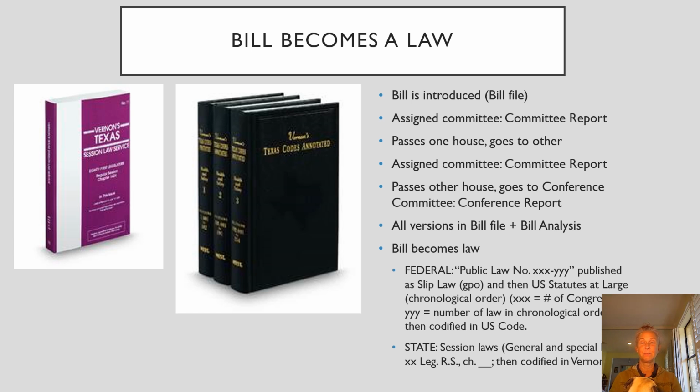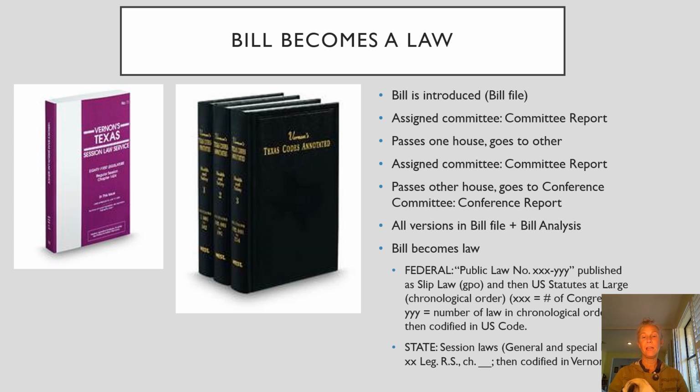So then it gets put in the code. And it's going to be in all these places. That's the thing, it gets published all these places. So sometimes if you can't find it in one place, like the volume is missing, you can just go to the other place, right? You can just go to U.S. Statutes at Large. That's a shortcut. Librarian, like super secret, it's simultaneously in all these places.